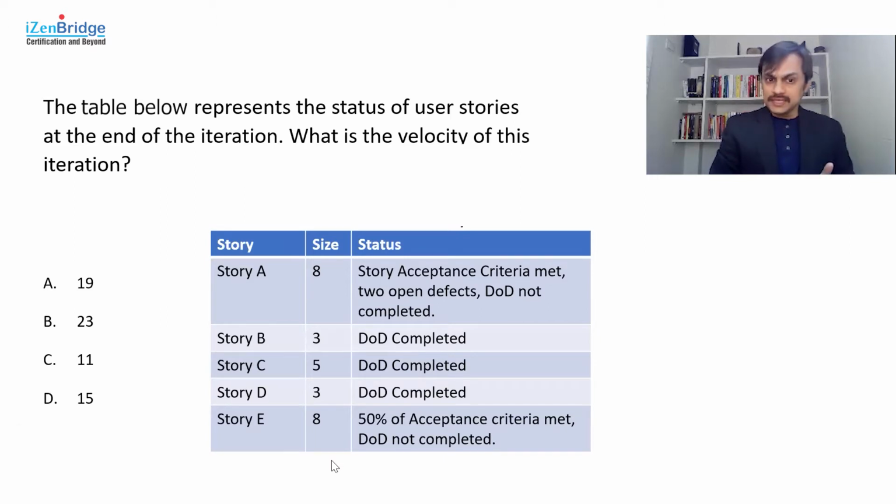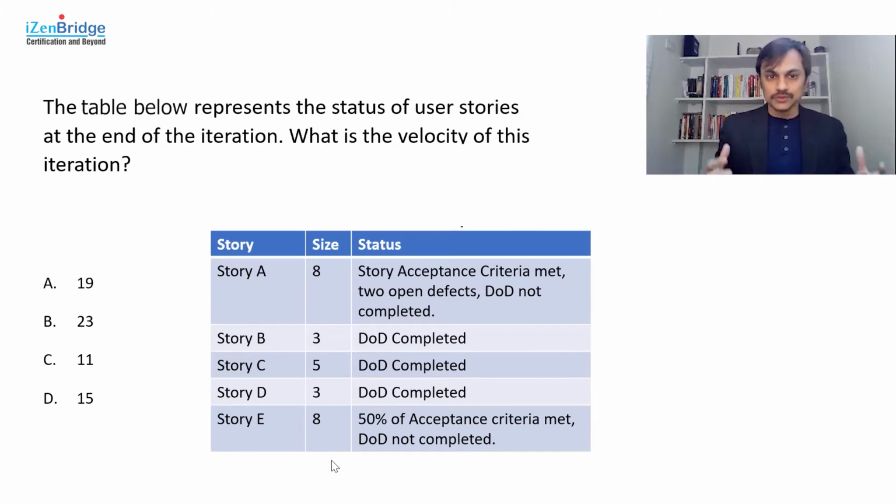Story B, C, D have 3, 5, 3 as their sizes. We have the definition of done completed. Story E had a size of 8, with 50% of the acceptance criteria met. So I can assume if there were 4 acceptance criteria, 2 got met. DOD is not completed. So when you have such a situation at the end of iteration, what is